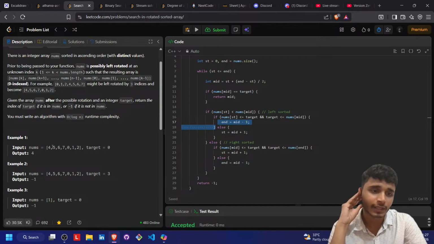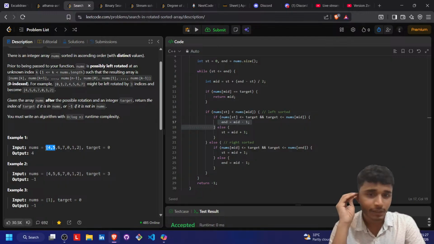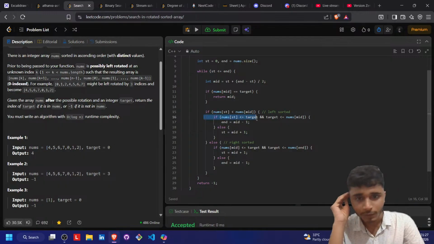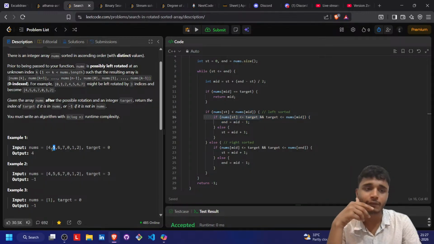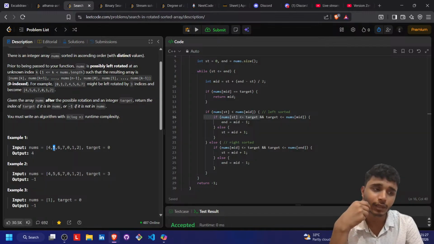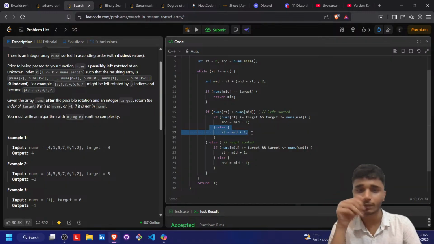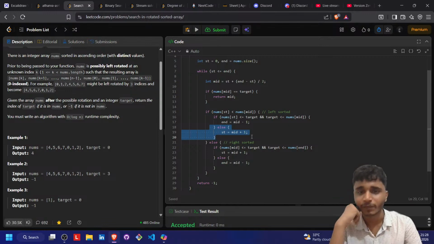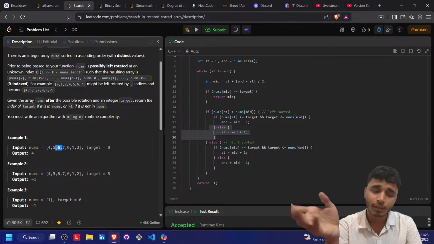Yeah, end is becoming this and it is shrinking the search space. Every time this is true, we will check for that value if it's equal to target. Even after that, in the end we did not find the value. Even after shrinking it to a point where only one value is left, that is equal to start and end, and that is also not equal to target, then in that case we can check for it in the mid plus 1, meaning the right side of the array. Even if it's not sorted, because I have already checked the sorted side of the array,